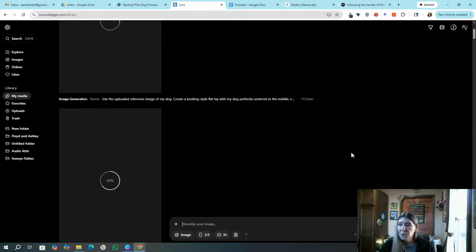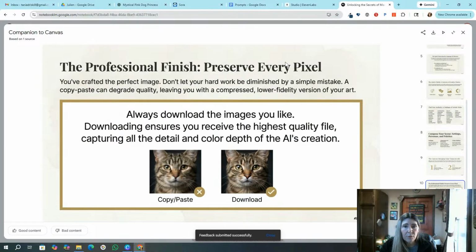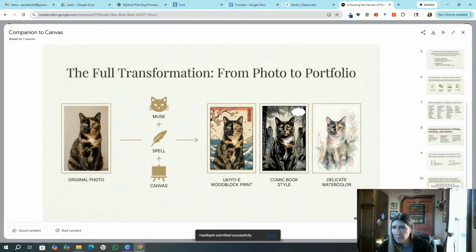Okay, we'll wait for those two to get done and then we will be done here. So let's just make sure we've covered everything. Always download the images. And here is your full transformation.